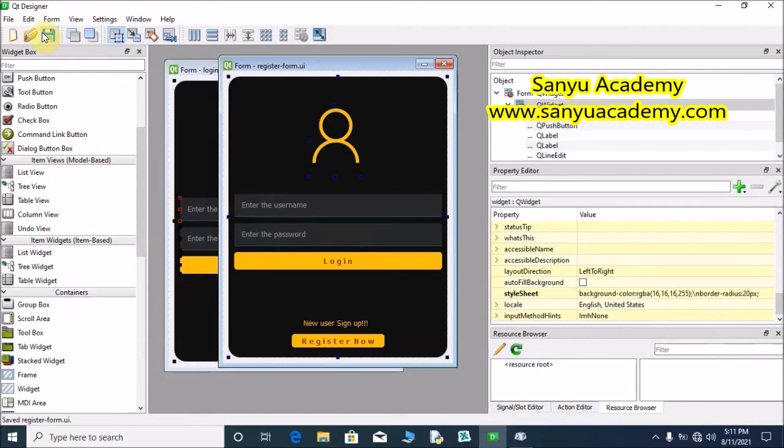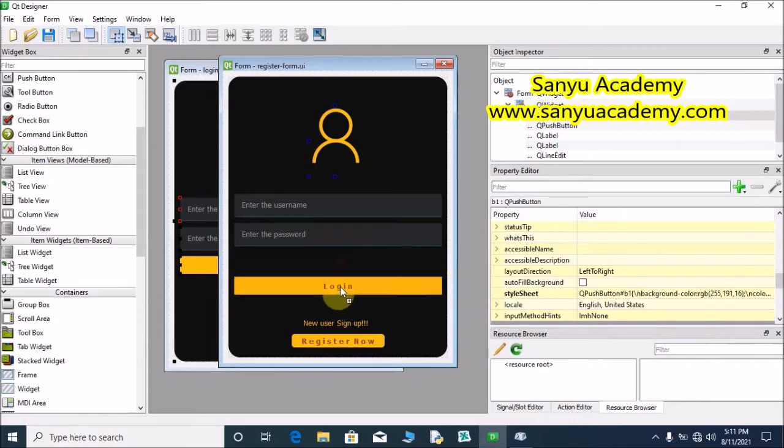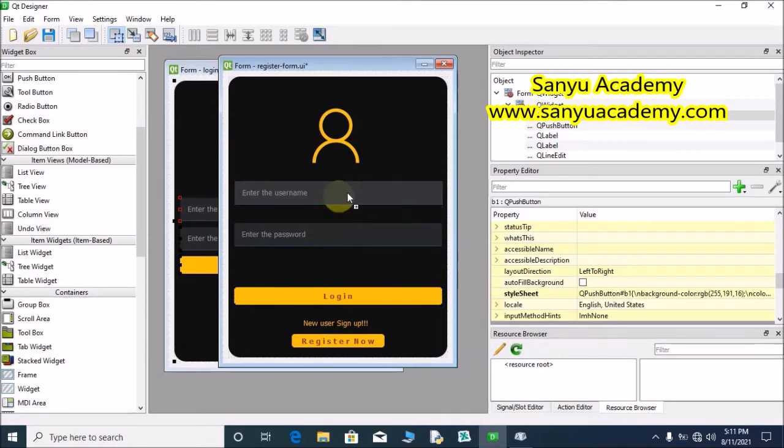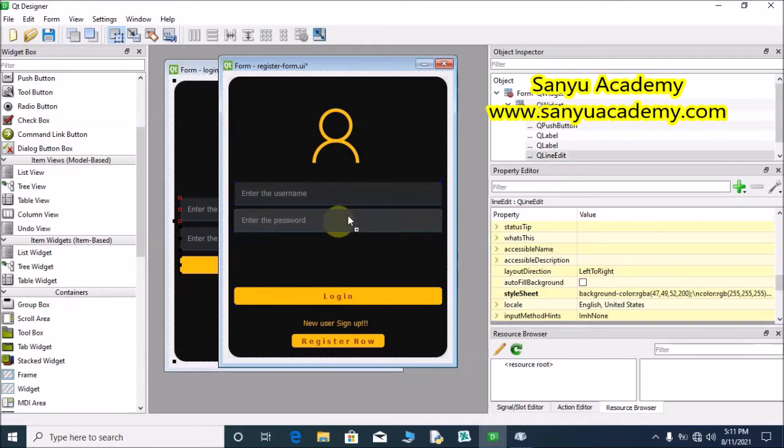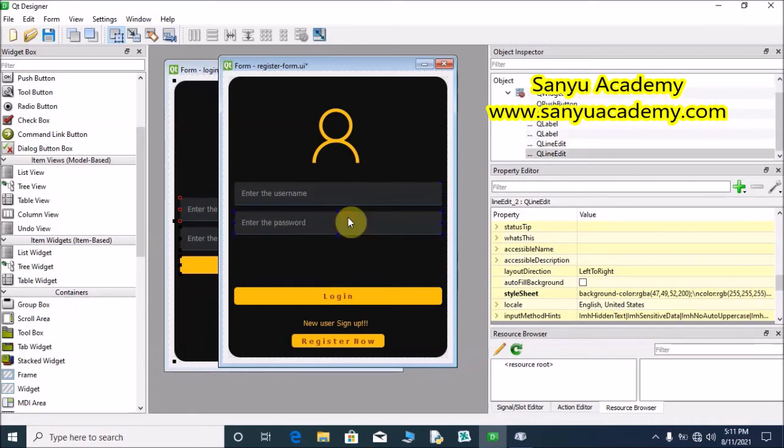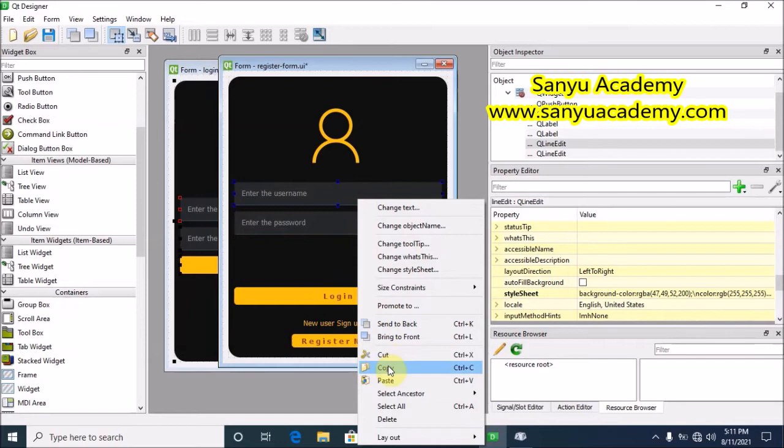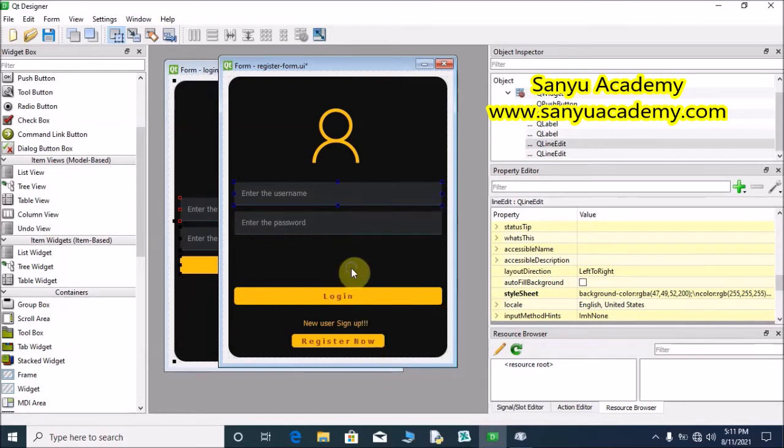Save it. To register, we are going to get 4 fields. Drag this button to the bottom. Username, password. Copy this username and paste it.